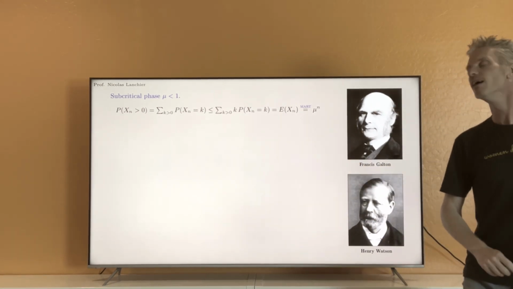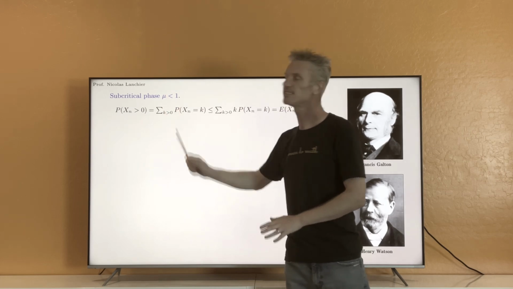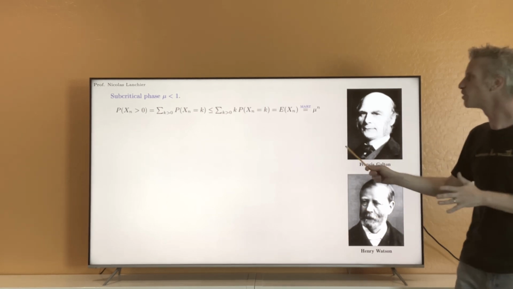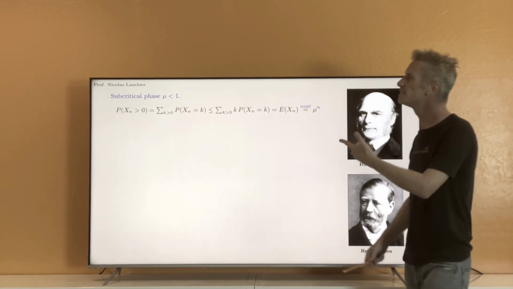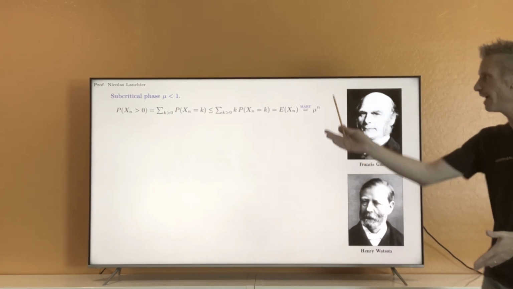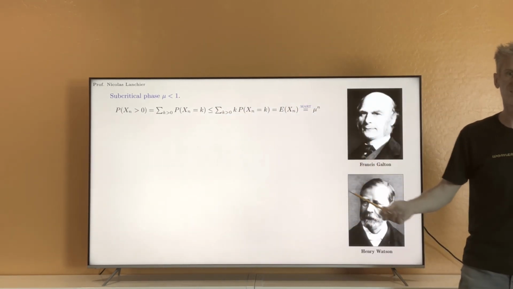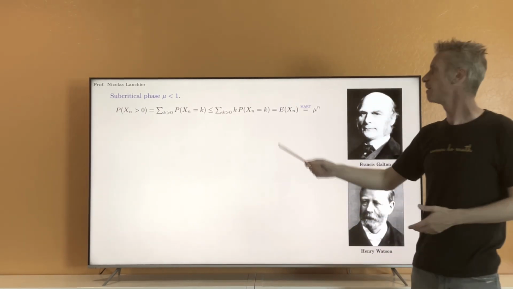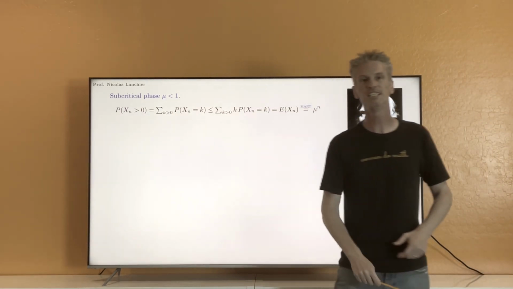And so that also tells you that the expected value of Xn is equal to mu^n. Then notice that here, never in this calculation did I use the fact that mu is less than 1. That's true for all mu. But of course, that's only useful if mu is less than 1. If mu is larger or equal to 1, then of course mu to the power n is going to be larger or equal to 1, and the inequality just tells you that this probability is less or equal to 1, which we know already, since a probability has values in the interval [0, 1]. So even if this calculation is true for any mu, that's only useful in the case where mu is less than 1.